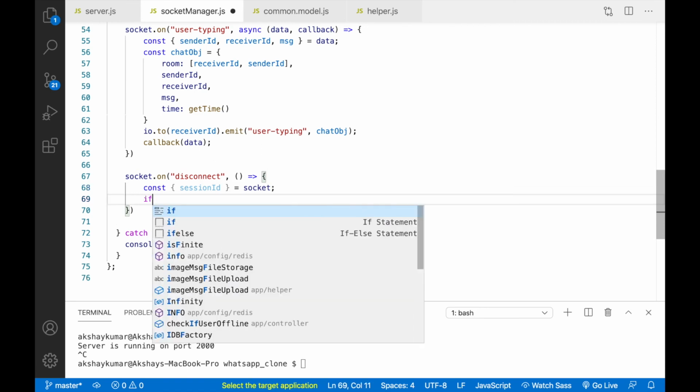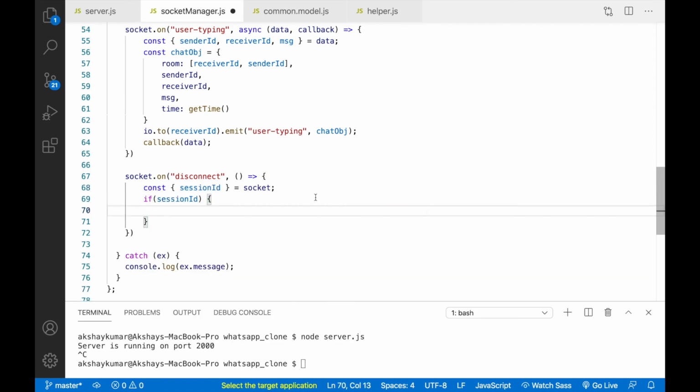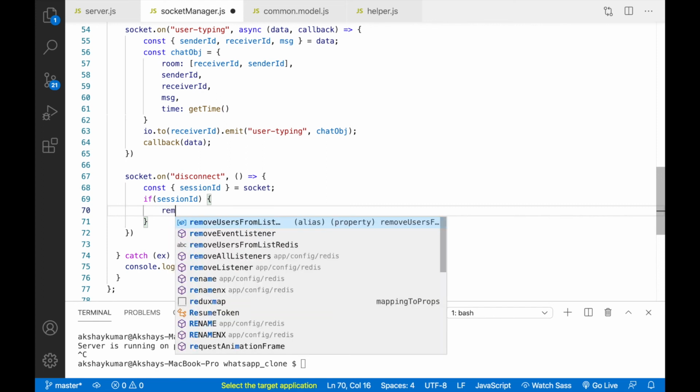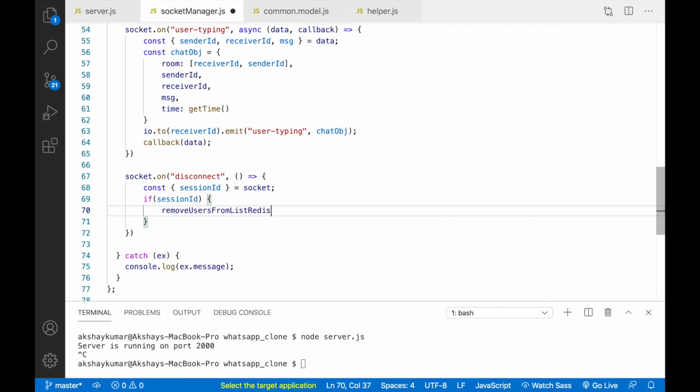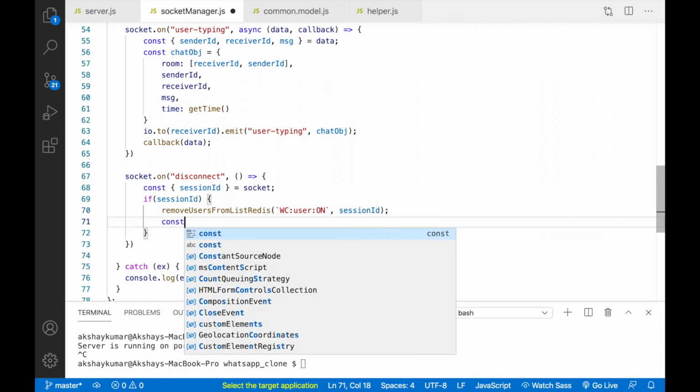Now if session ID exists, then we'll remove the user from the Redis. So we'll call remove user from list Redis, and we'll write the online user set. This time, because user is disconnected, right? User is going offline. So we'll remove that user from the online set. We'll pass session ID, and we'll create an offline user data.